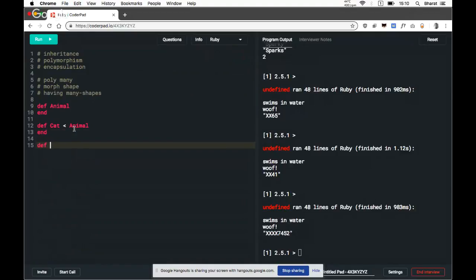We go back to our cat, dog, animal situation and initialize the name and age.